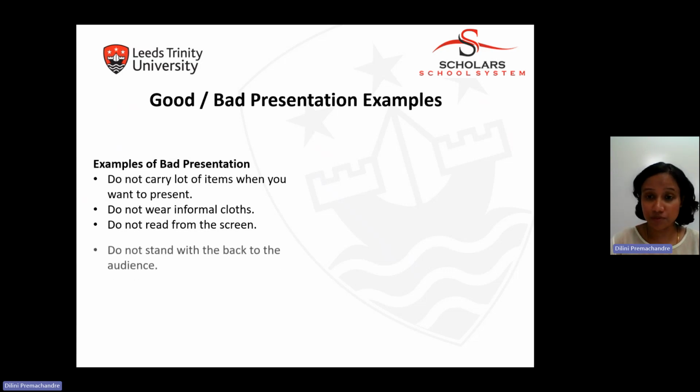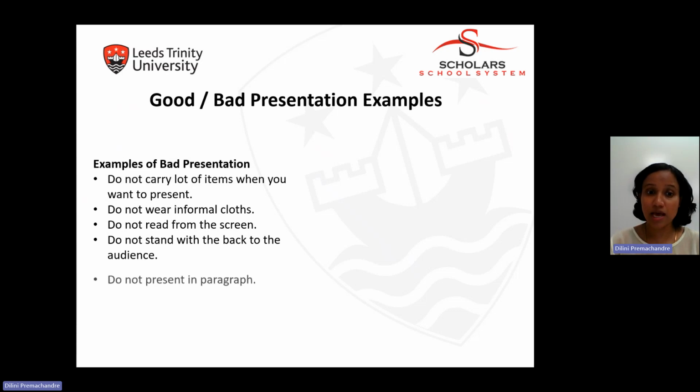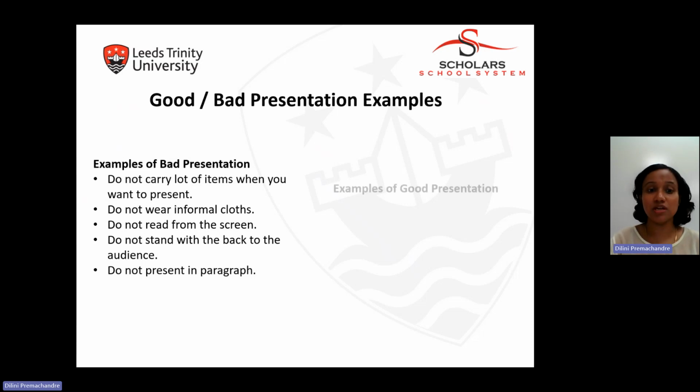And do not read from the screen. If you're reading from the screen, it is a bad presentation. And if you're standing with your back to the audience, then it is not a good presentation. And in your slides, do not include paragraphs, because it would be difficult for your audience to follow when you